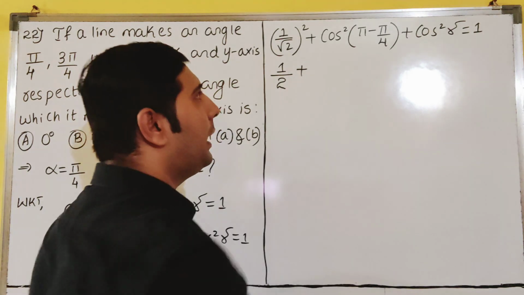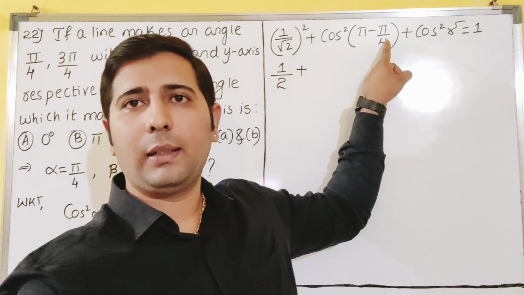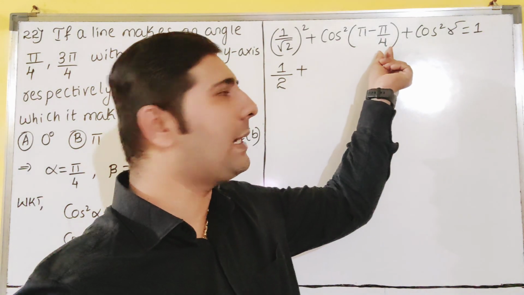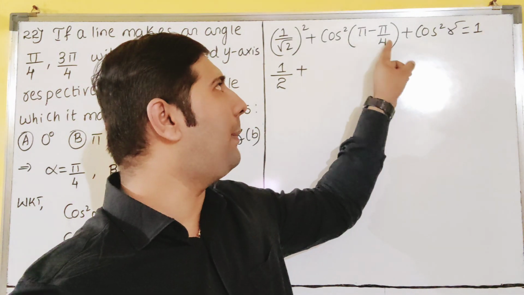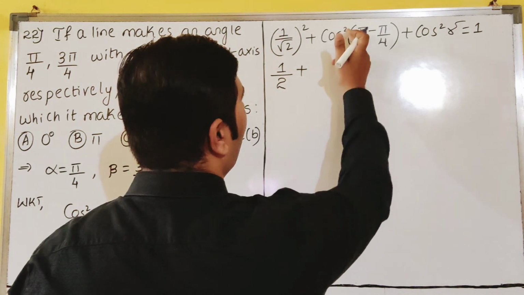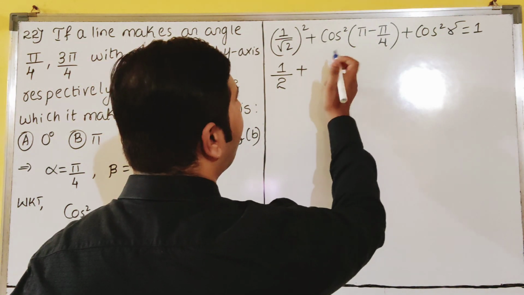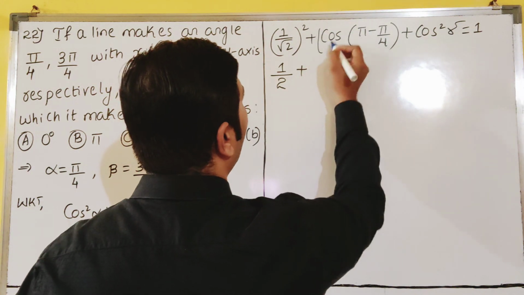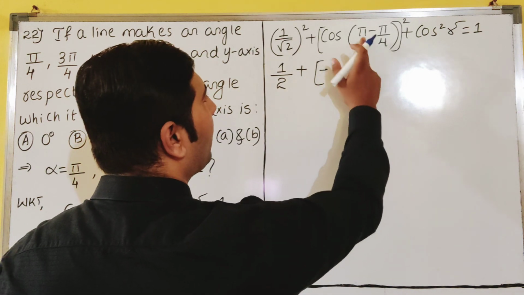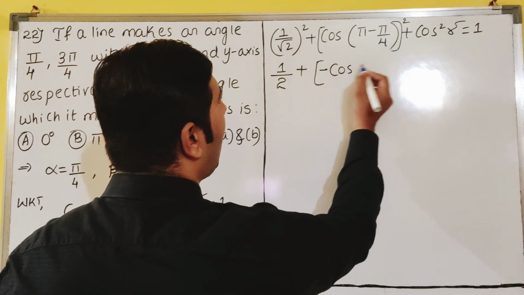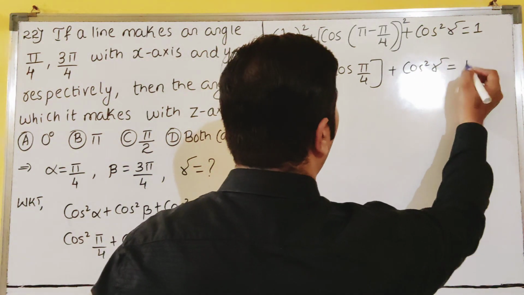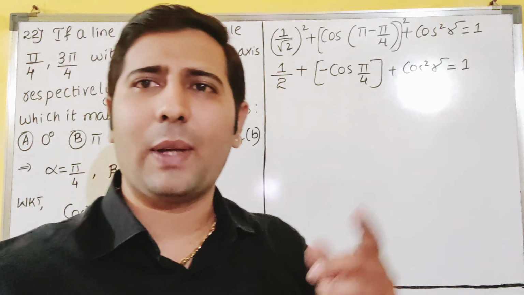Now see here. In which quadrant will pi minus theta come? We take pi by 4 as theta. So pi minus theta is in the second quadrant, and in the second quadrant cos is negative. So you can write negative. Square is there, however it will become positive also, you know that. Otherwise I will write the negative outside the square. Pi means no change, so you will get cos pi by 4. Understood? Everyone knows this directly also: cos 3 pi by 4 is nothing but minus 1 upon root 2.